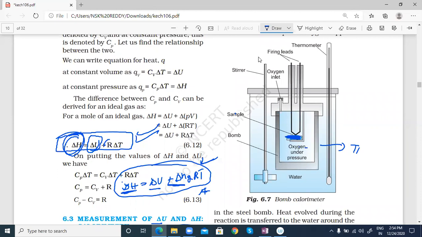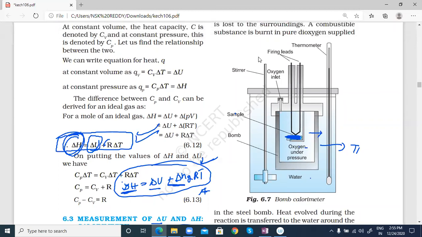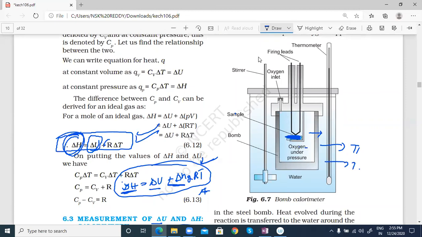Whenever they burn it, it releases energy. Whenever it releases energy, it transfers energy to the water. Then the temperature of the system, which is the water system, changes. That we call T2. And the heat capacity of the water, you know that one. How much it is going to absorb, that is the Q value also. And the mass of the substance, you should know how much it releases energy, how much weight you are taking. By knowing all these three, they will provide it.